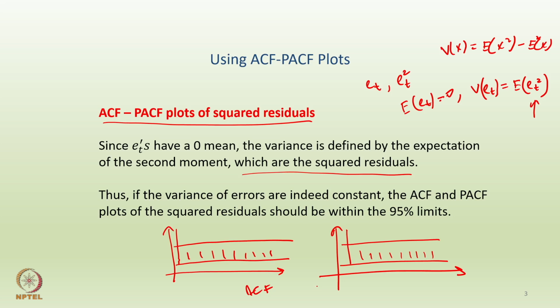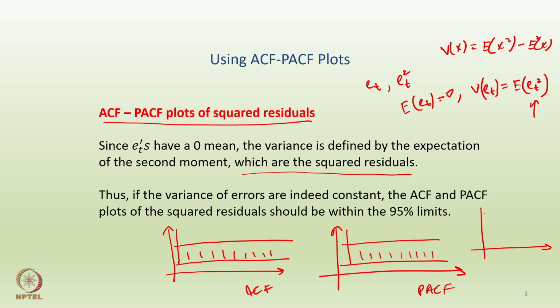significant. Okay. And hence there is no question of changing variance, because you have a stationary kind of residual series, isn't it. Because if you are observing something like this in both the ACF and the PACF plots for the squared residuals, then we can assume that the squared residuals have a stationary structure, and whenever any model or process has a stationary structure, the variance has to be constant. Okay. So what do we mean by stationary structure?